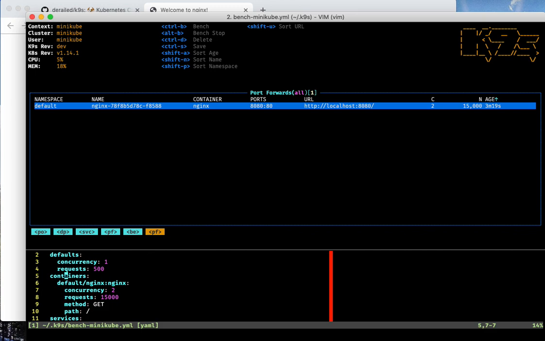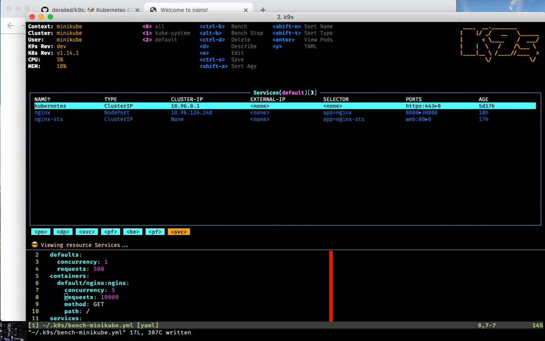One thing I want to show you, though, that's interesting is we are actually watching this file. So if I save this file, you can now see that the concurrency level changes from 2 to 5. And let's say I could go back down to 10,000 requests. So this allows you to quickly set this up. Obviously, editing a form in K9s I think would be less than ideal for this. You might as well use your preferred editor and edit the YAML directly. You get all kinds of completion, all that stuff. So again, a decision was made here for that. So that's very cool and very handy.